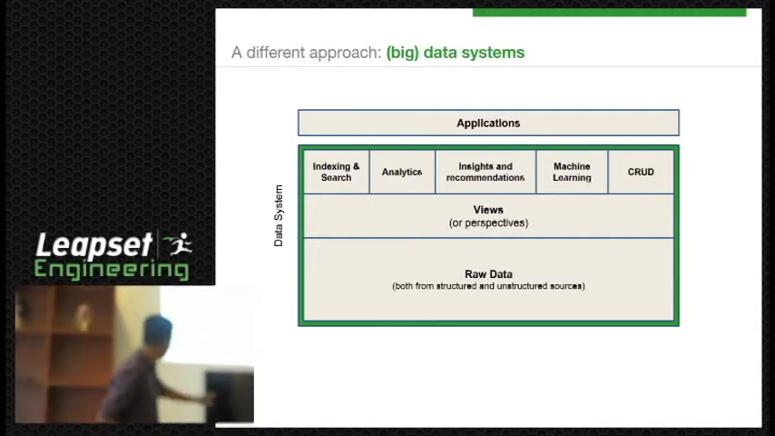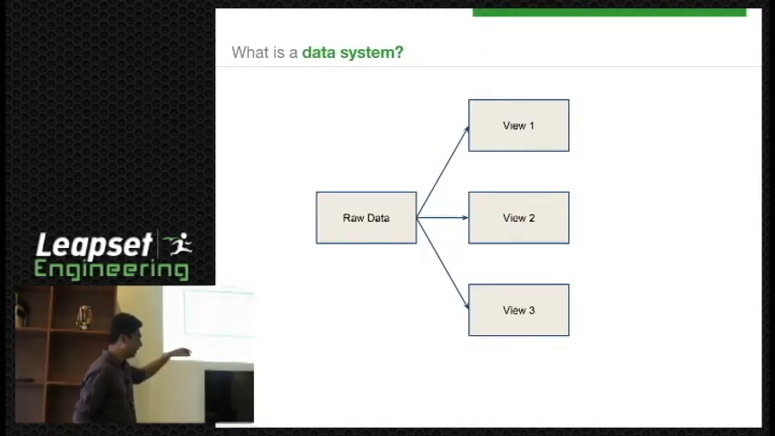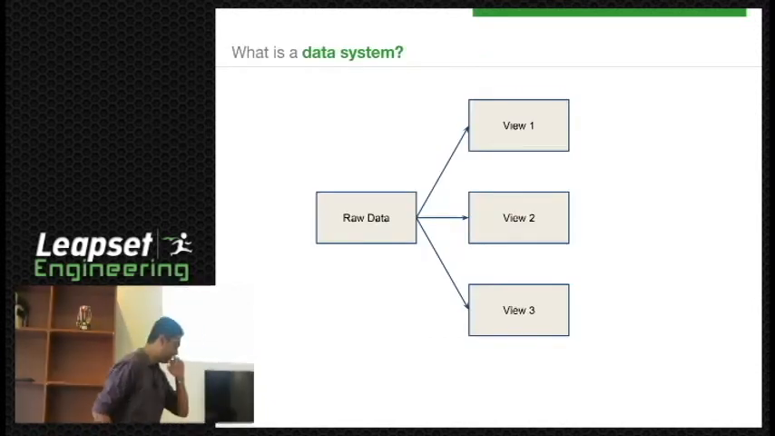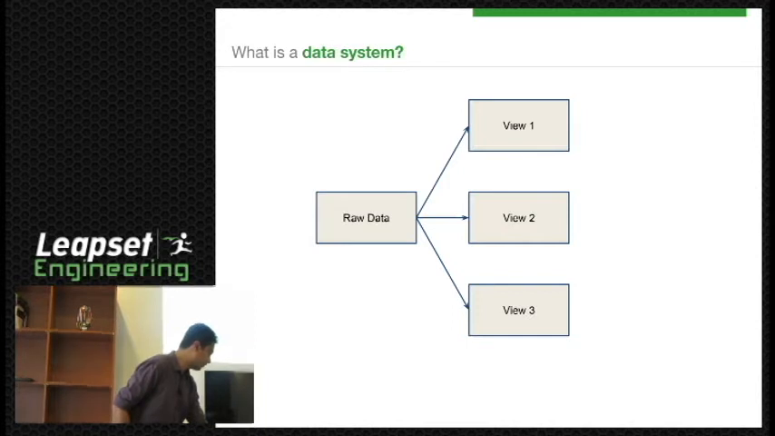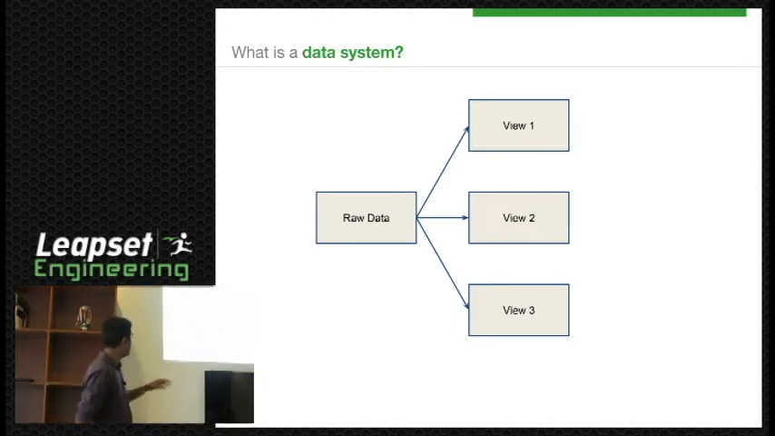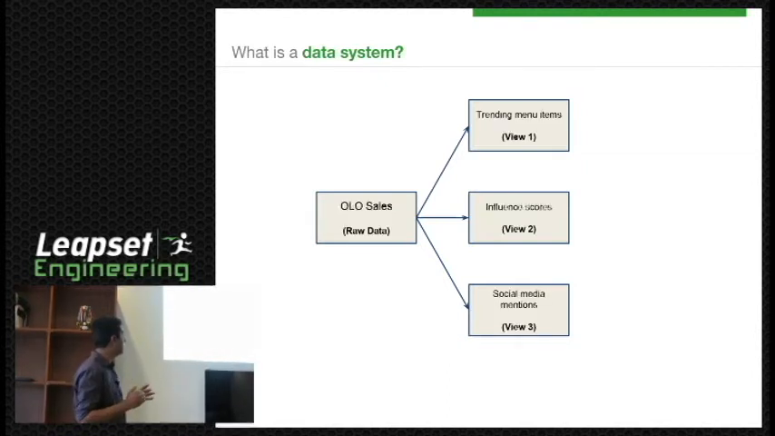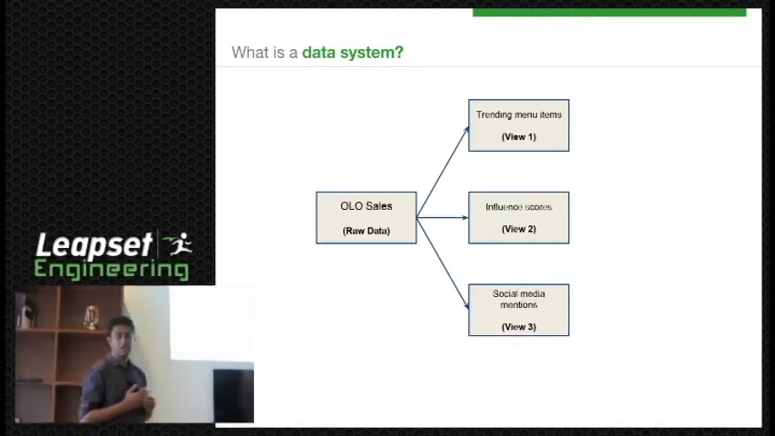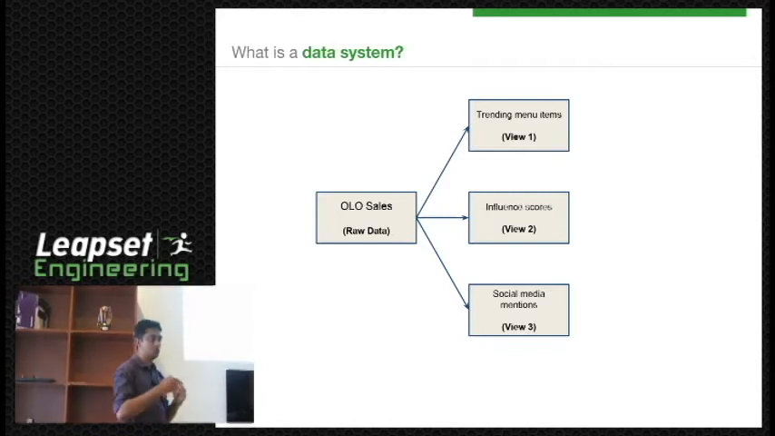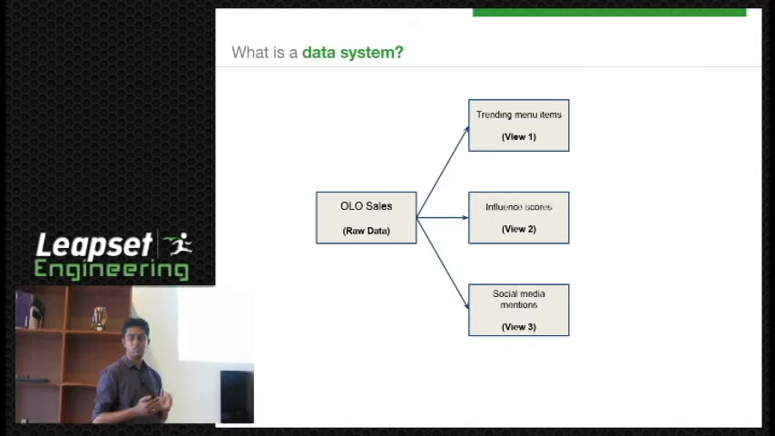So if I elaborate a little bit about this raw data and weaves, here's an example. So OLO sales could be raw data, right? And you can have different weaves of that sales data. You can have trending menu items, influence scores, social media mentions, or whatever, right? So depending on your situation, you can create the